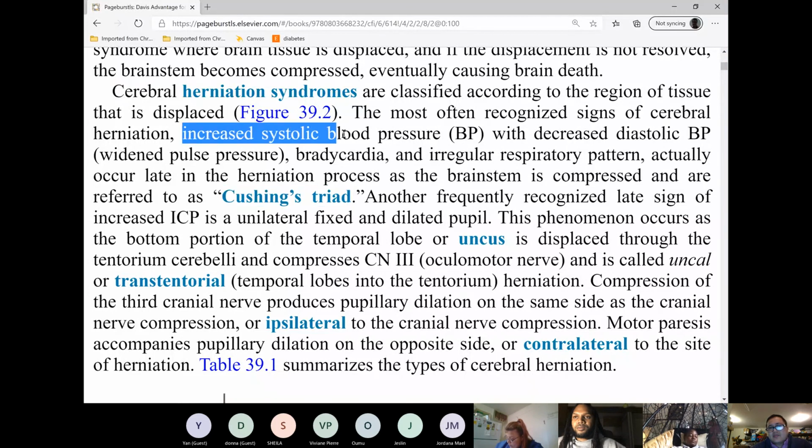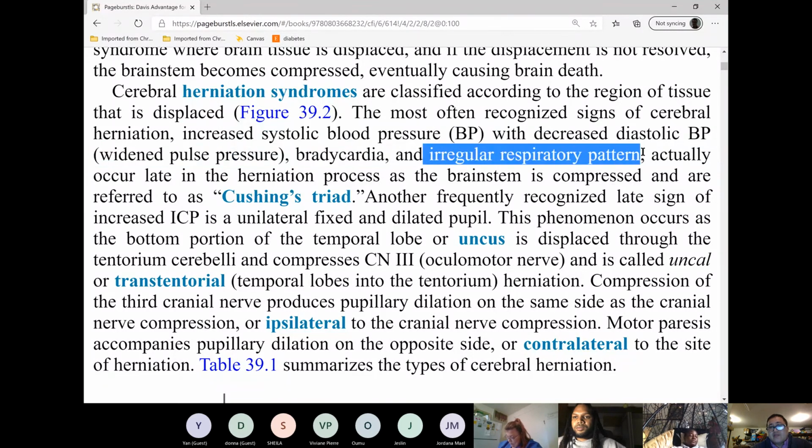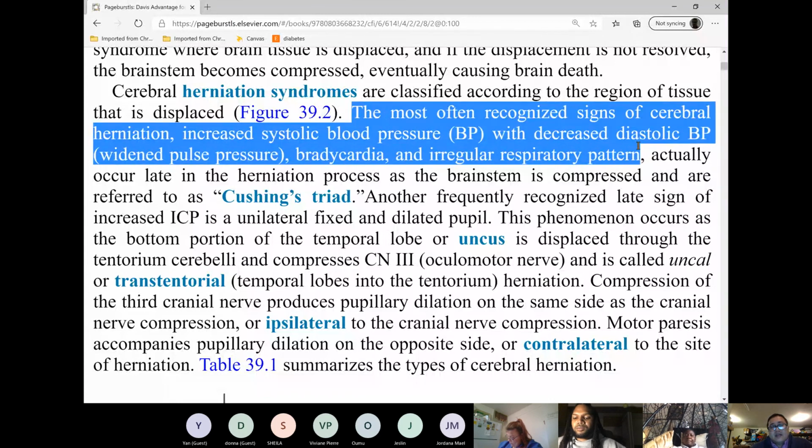Number one is increased systolic blood pressure with a really wide pulse pressure. Number two is bradycardia. And number three is an irregular respiratory pattern. This irregular respiratory pattern is also called Cheyne-Stokes respirations, a really irregular breathing pattern. These three appear because this is now the equivalent of the